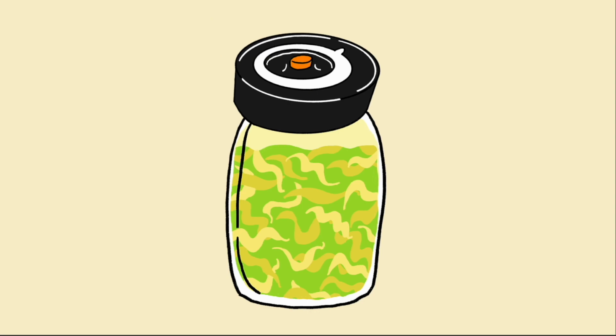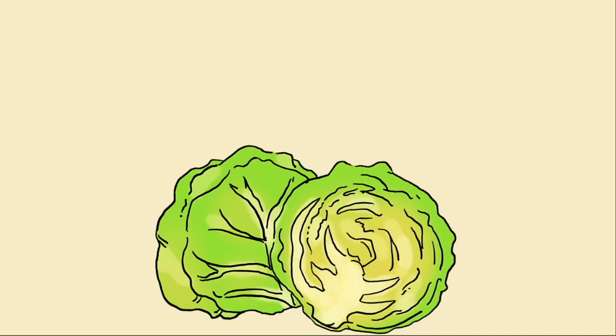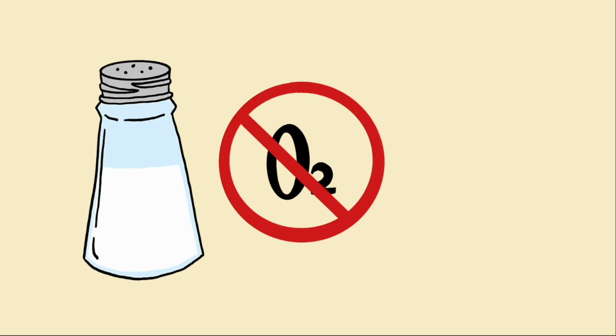Finally, all you need to do is store your mason jar in a dark place at cool room temperature and wait for about 3 weeks. The most important and dominant microorganisms in sauerkraut fermentation are lactic acid bacteria, which are naturally present in cabbage. They are the most dominant because of favorable fermentation conditions, which tend to be high salt anaerobic conditions around 18